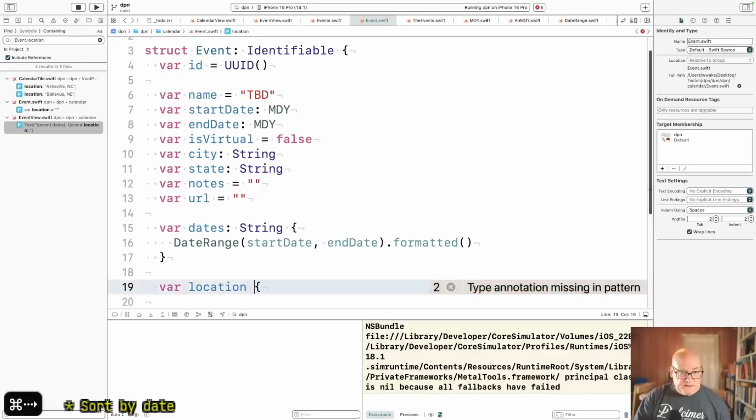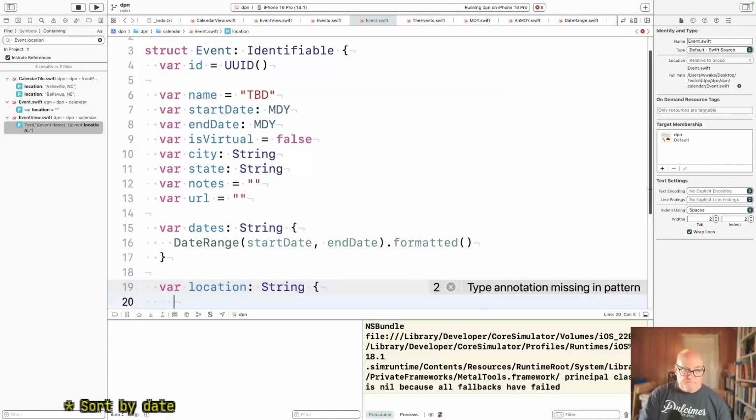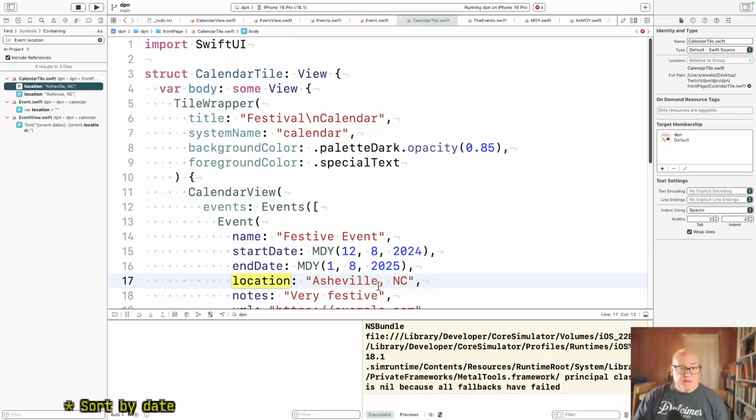Well, that's going to need some design. For now, we'll just do city, comma, state, which will sort of be the equivalent. And then whoever puts location in, they're going to have to be